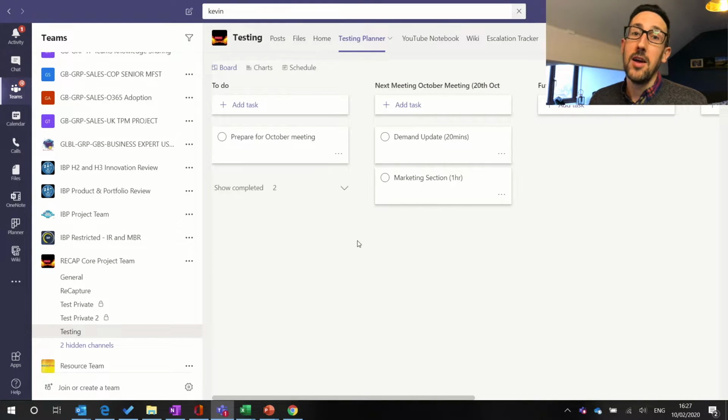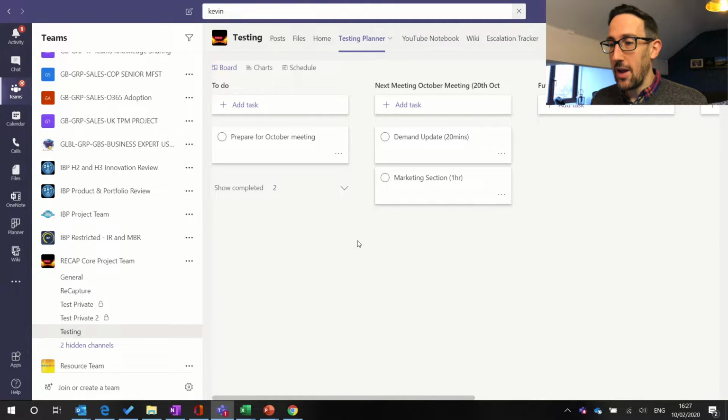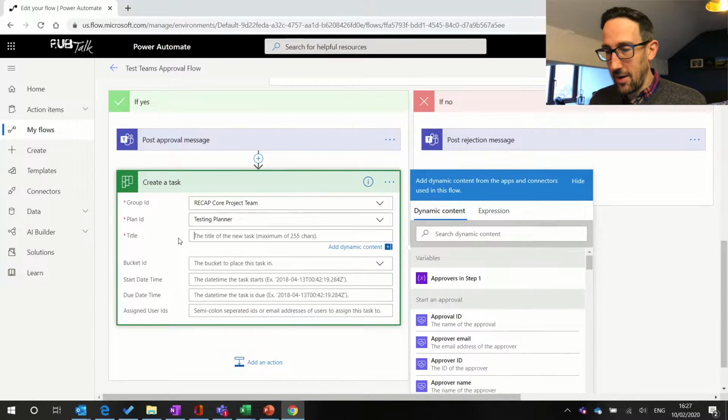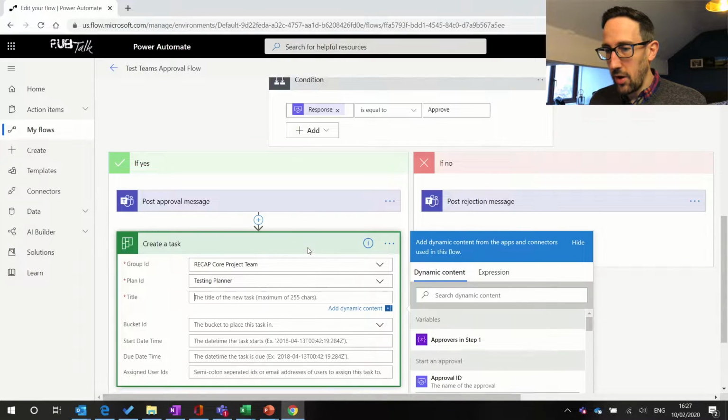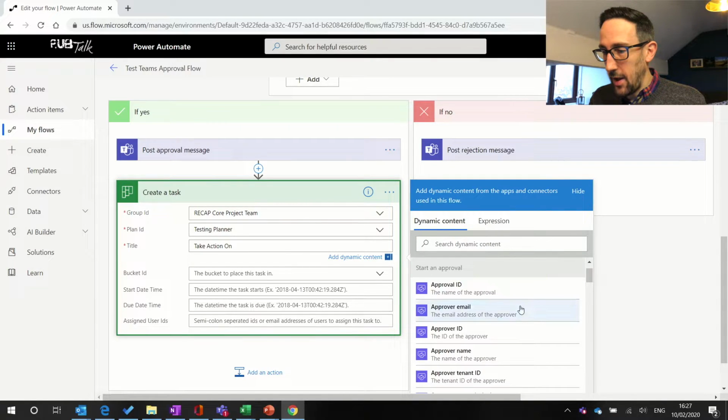If you don't know about planner, I'll link that in the description below as well. It's worth checking out how to use planner for meeting actions. So pick up testing planner, and then the title of the task, we can use some of the dynamic content. So we'll say, depends what the action is going to be, I guess, once that approval flow is finished. So we could just say take action on, and then pick up